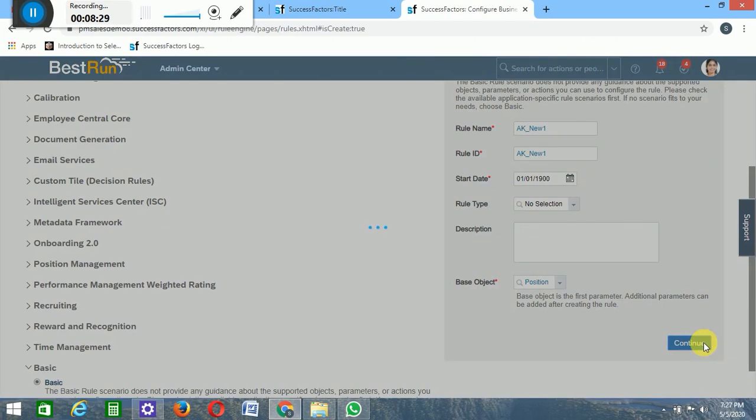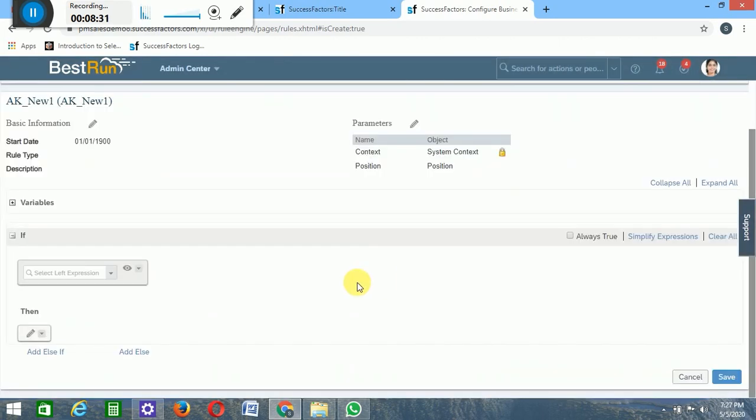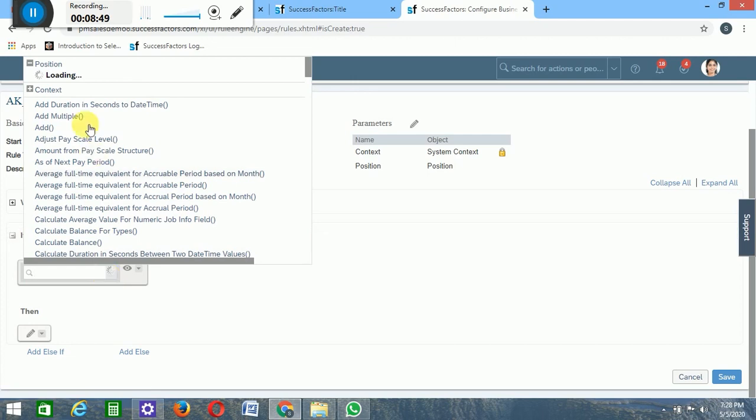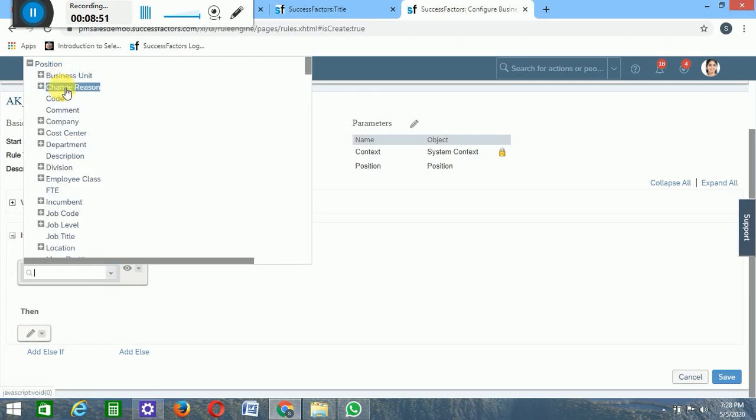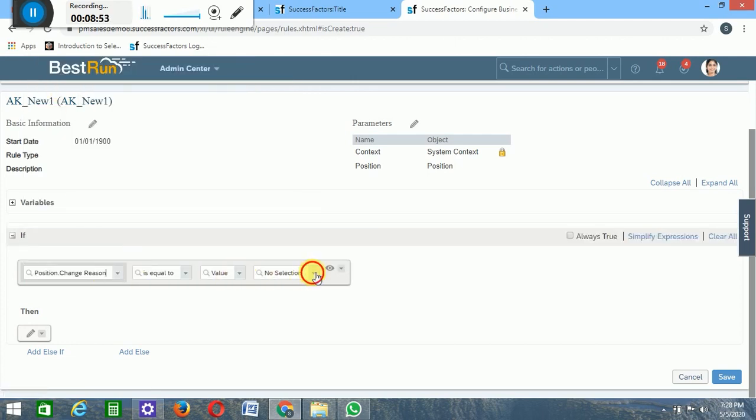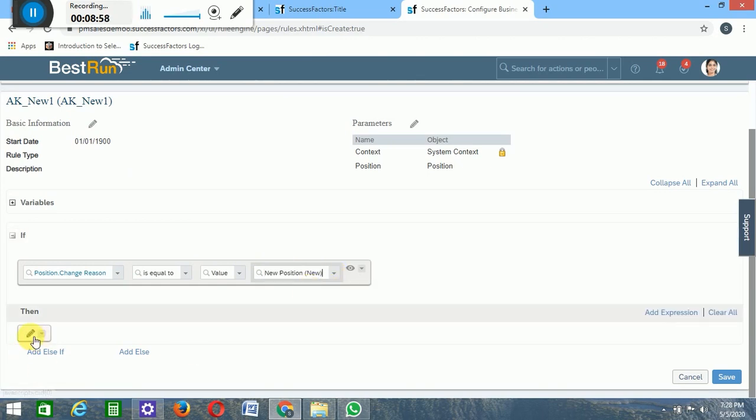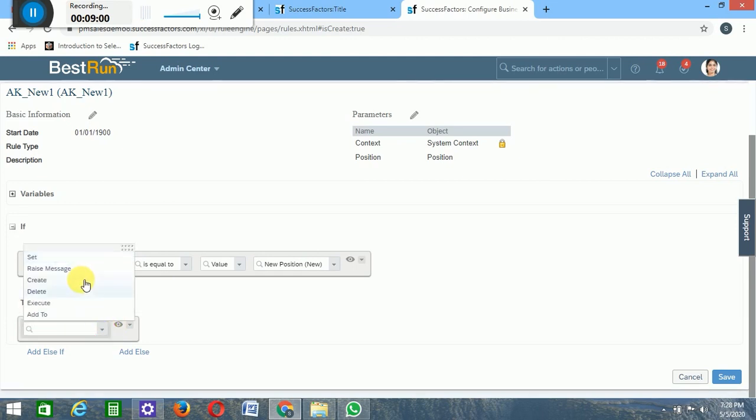Continue. What we are trying to do here is, whenever we create a new position where the change reason is new position, only then should the workflow we have created be triggered. Otherwise, it should not get triggered. So go to: if position change reason is equal to value new position, then set.